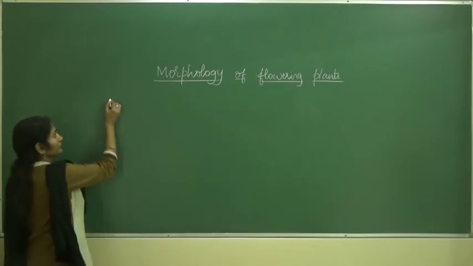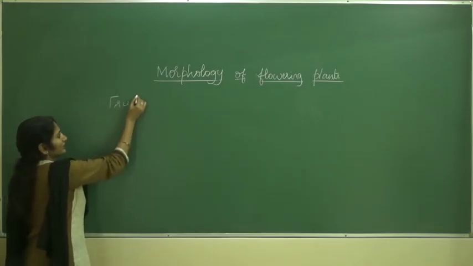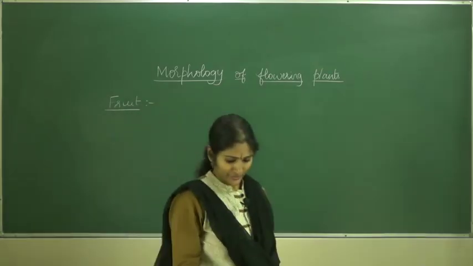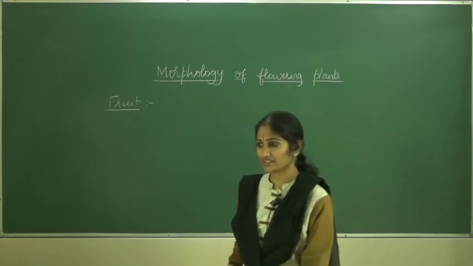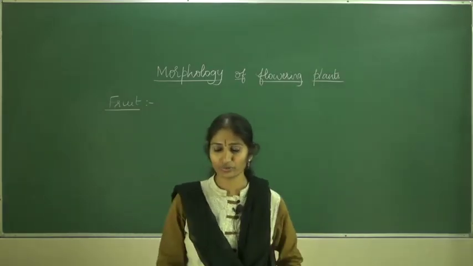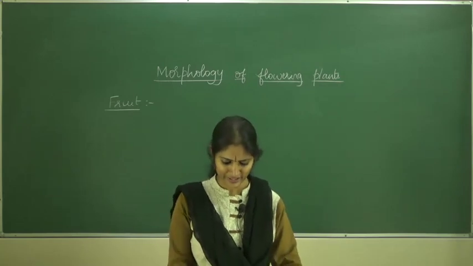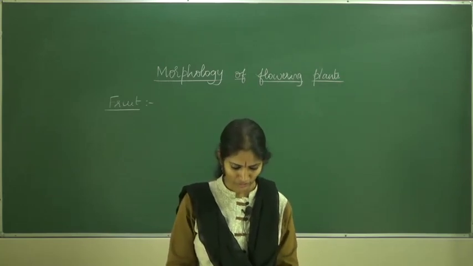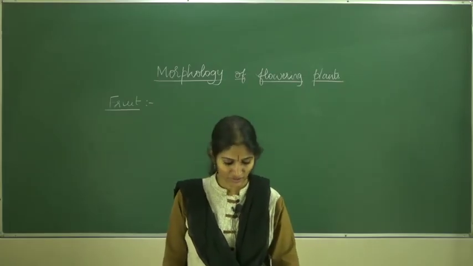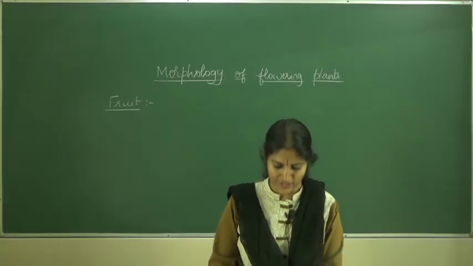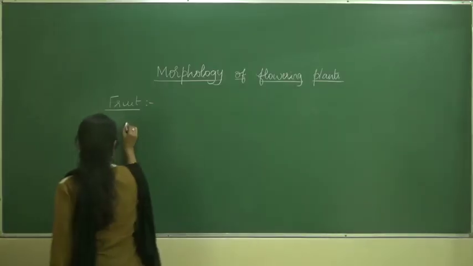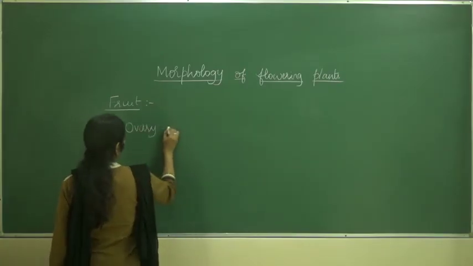So we will start off to understand what exactly is a fruit. Okay, now we know that there was this flower, there was this ovary, and then inside we have ovule. All these parts we have already seen, right? So we have ovary, ovule, and all this. Now this ovary is what we call as the fruit. Okay, ovary becomes the fruit,